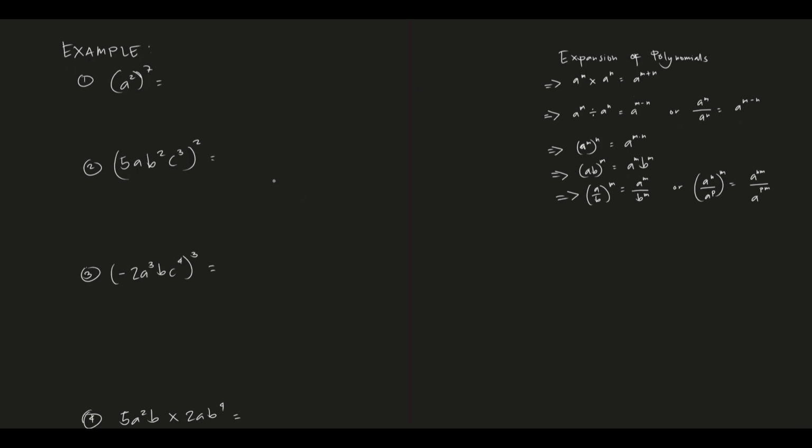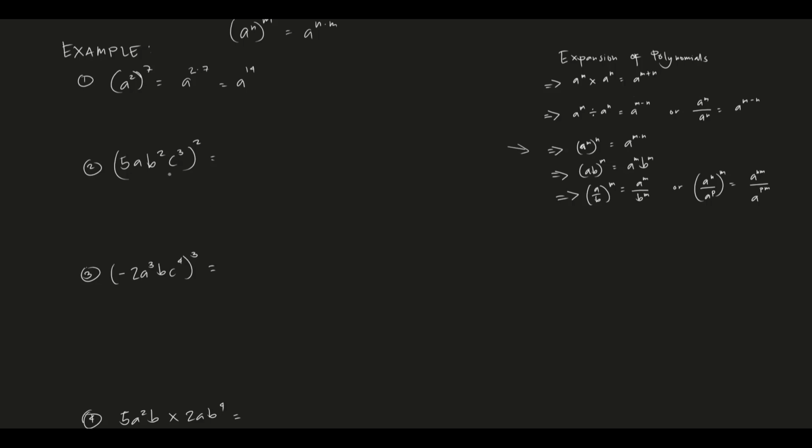Okay, so we have here an example. First we have a raised to the 2, then again raised to the power of 7. Following the third formula, a raised to the n, also raised to the m, is equal to a raised to the n times m. So applying this formula, we have a raised to the 2 times 7. It becomes a raised to the 14. Second example, we have